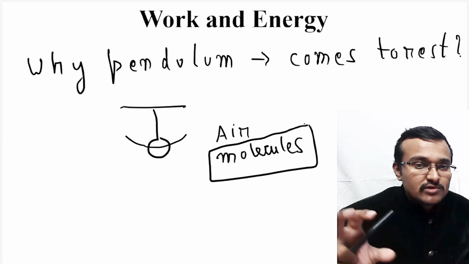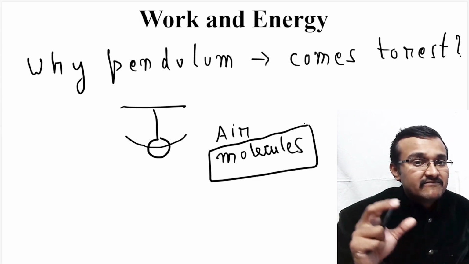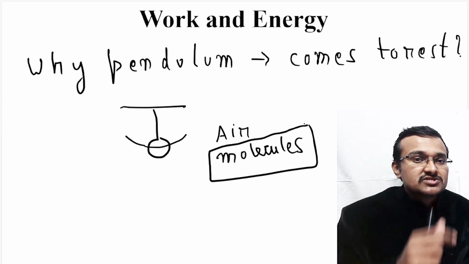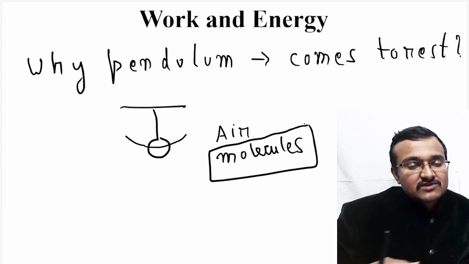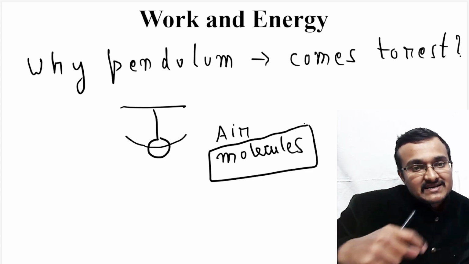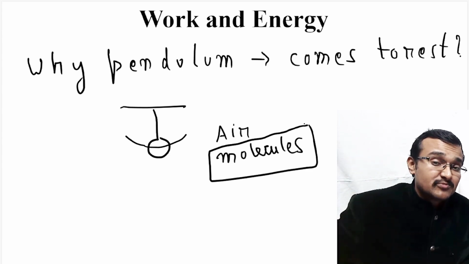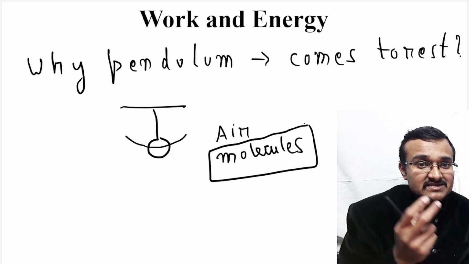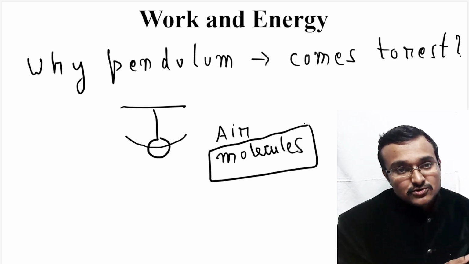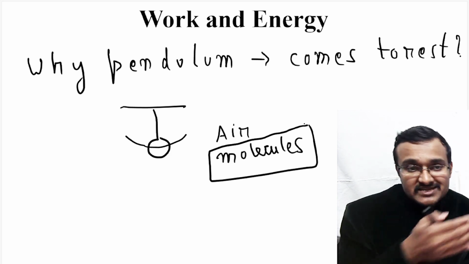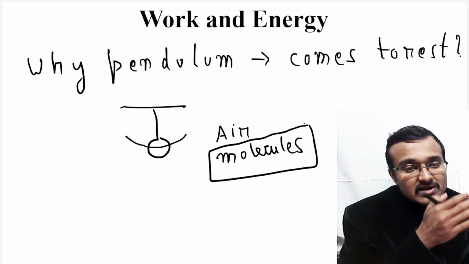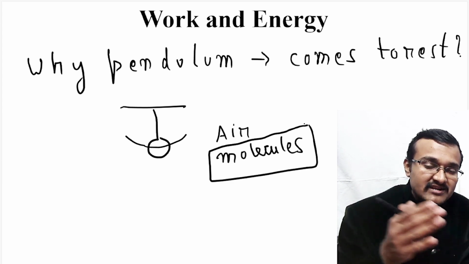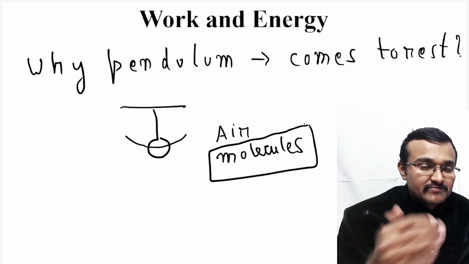pendulum will keep on moving for a longer time without coming to rest, because potential energy is converted to kinetic energy, and kinetic energy is converted to potential energy, and again potential energy is converted to kinetic energy, and kinetic energy is converted back to potential energy. So these energy transformations keep on happening, and this pendulum will keep on oscillating for longer periods of time